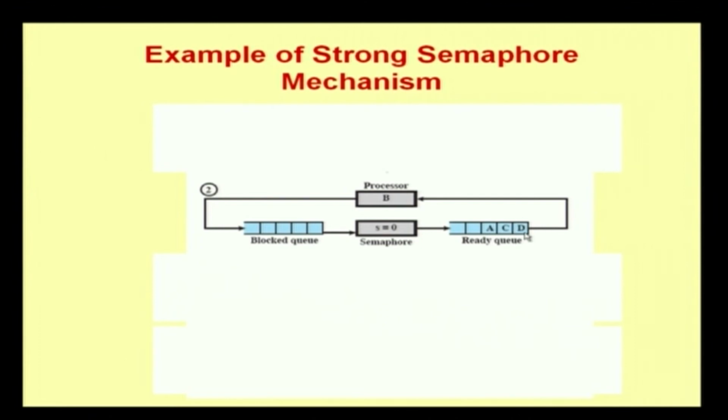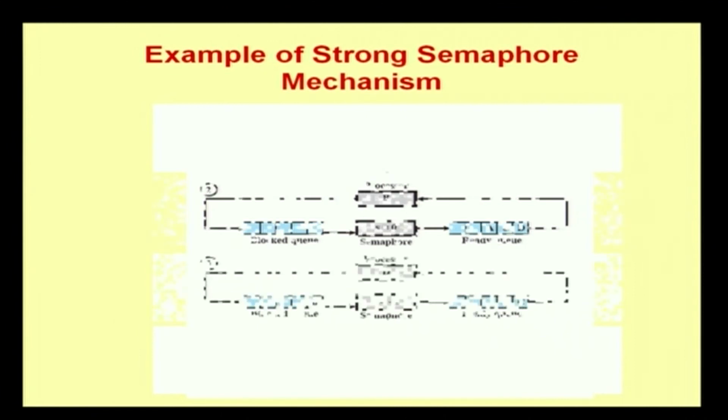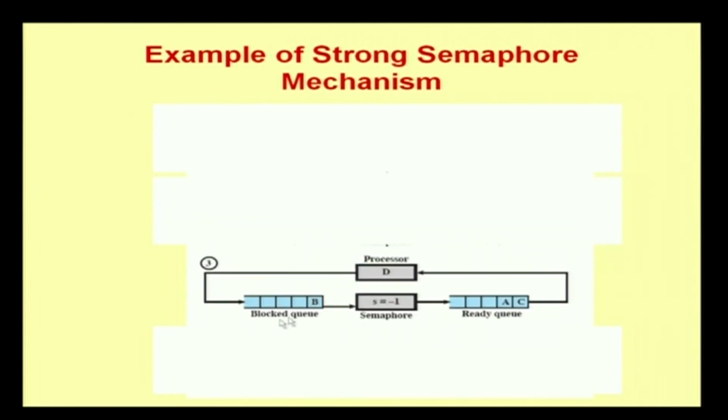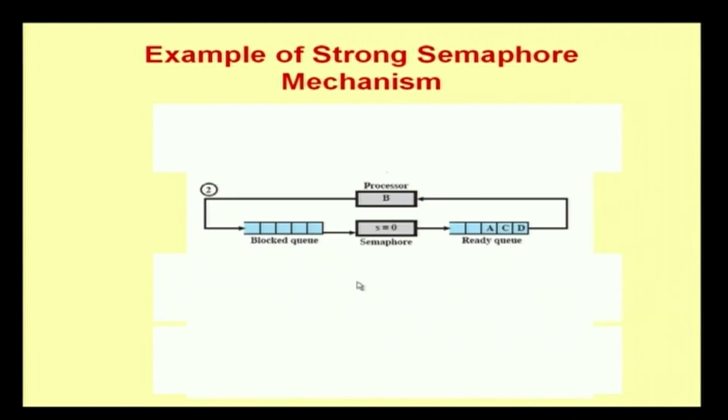If and only if D produces the output, B can execute its process. So what happens here is that B will be put on the blocked queue. B goes into a blocked queue and it waits. So now, as far as step 2 is concerned, it is a chance for D to make its execution,